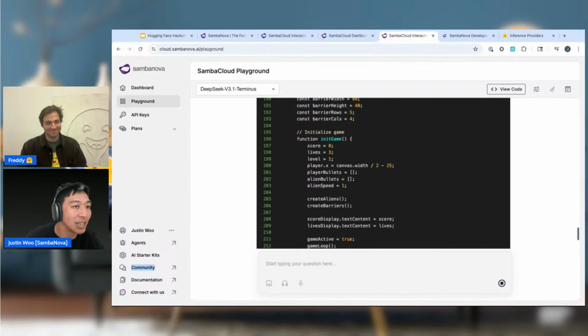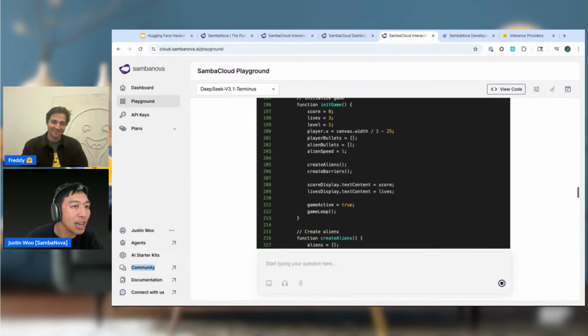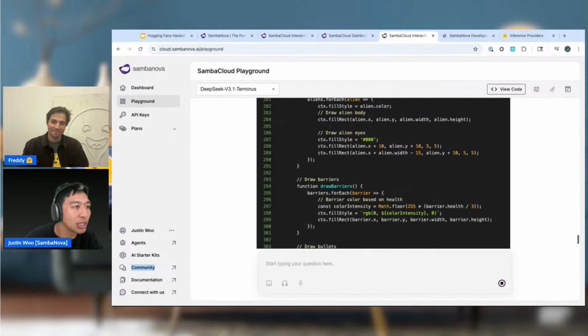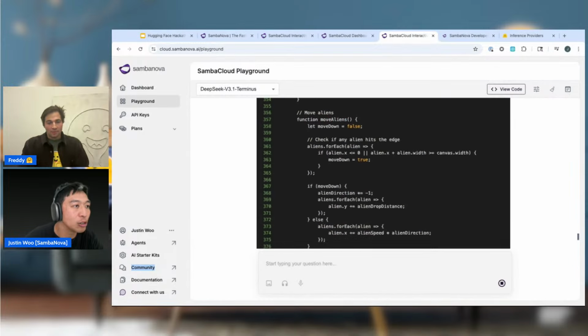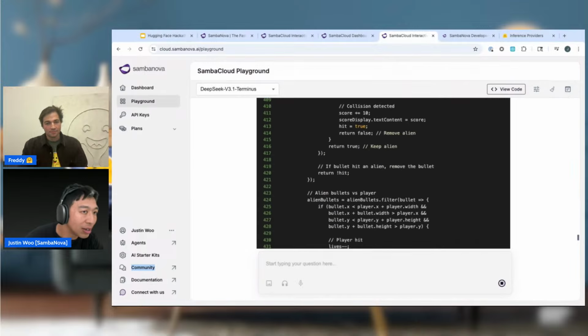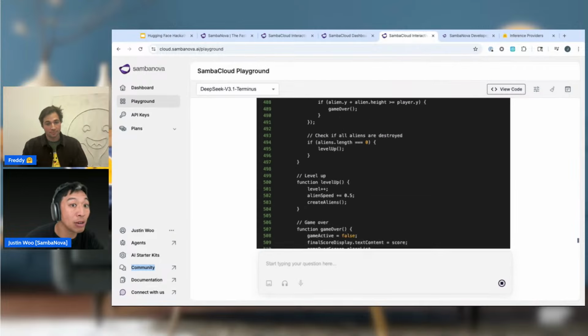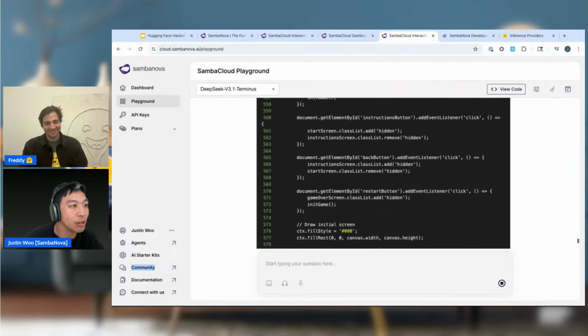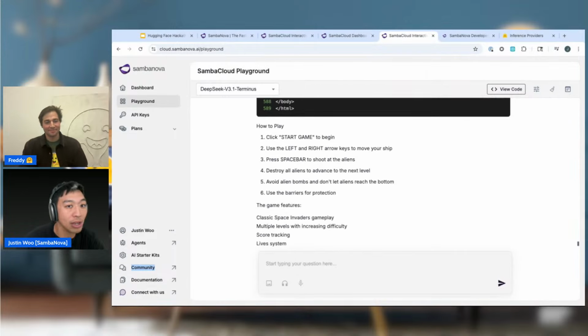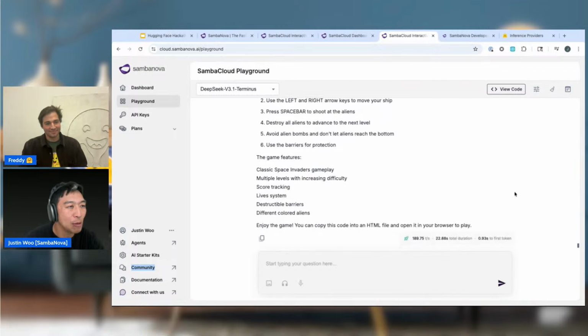It's just building that page through the open source model. It's almost done. I'm scrolling super fast. Anyone who's tried this with other inference providers can see how fast this is. We're hitting almost 200 tokens per second, and less than a second for the time to first token.